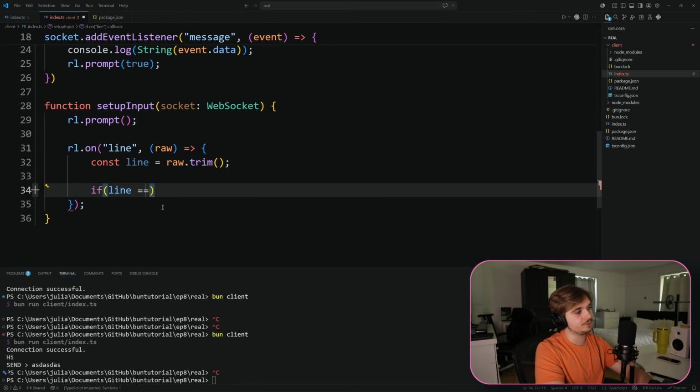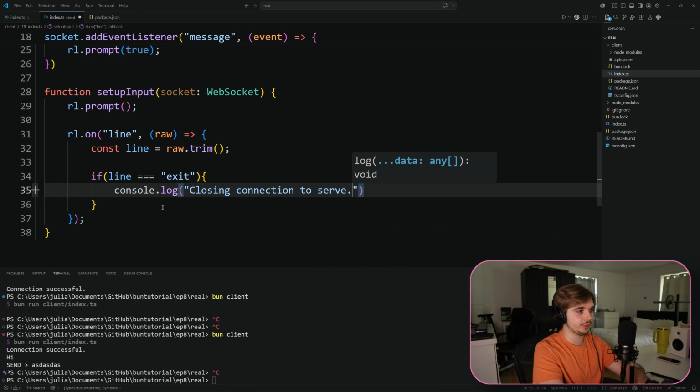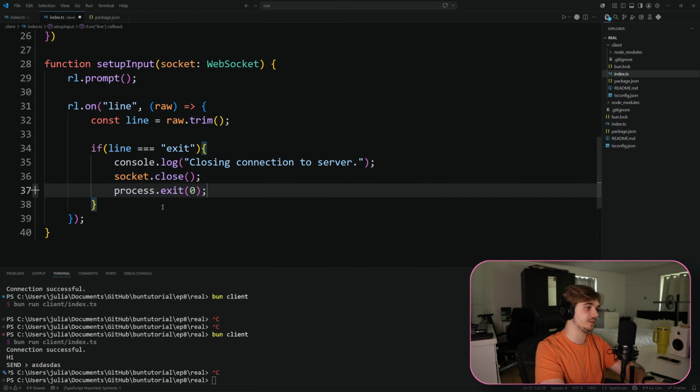And the reason we're doing that is because we want to see, is the line equal to exit? This is going to be our exit command. So if the client wants to stop their connection to the WebSocket, this is where that's going to be done. Console.log, closing connection to server, and then we can say socket.close, super easy. And then we're just going to kill the process, giving it an exit code of 0, which means the process